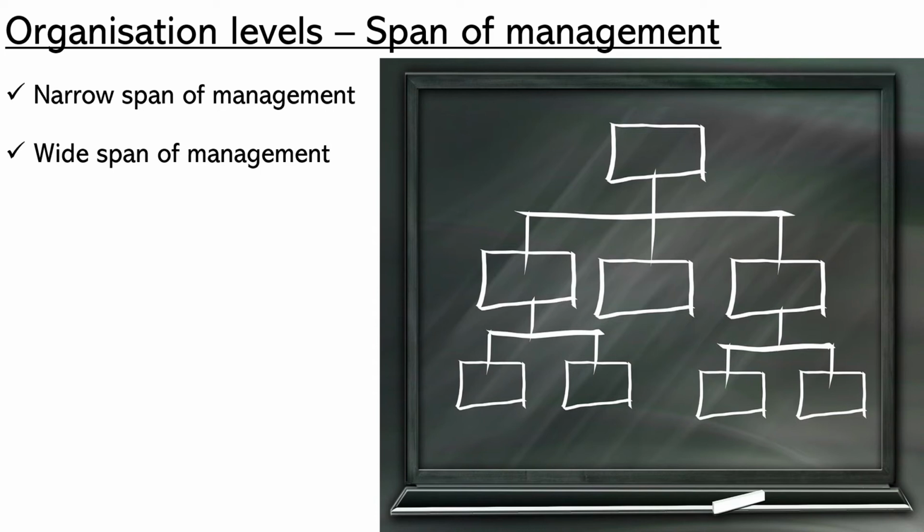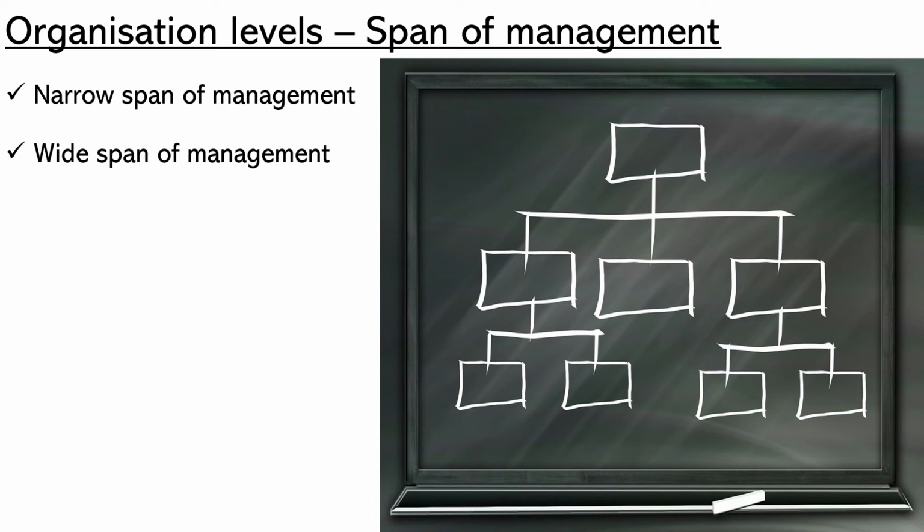Because, like I said, this will go for a tall level of management. The reason behind that is, one superior can handle only two or three supervisors. So there will be more levels of management, which can cost more to the company. Okay. Now, next one is wide span of management.